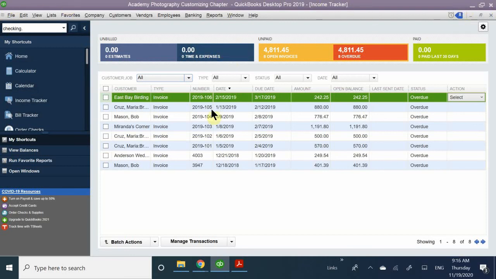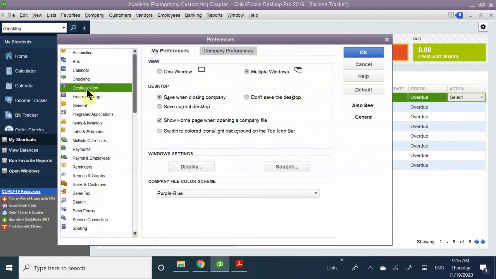Any questions? How about the color? No, you cannot customize the color. Absolutely not. Okay. The only one I can think of. So let's go ahead and do that one preference, right? Where you want to do display view for my preferences. You want to switch to colored icons or light background on the top icon, right? If I were to click this and I click OK,